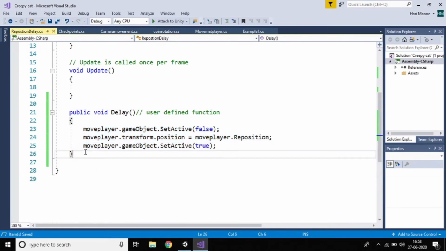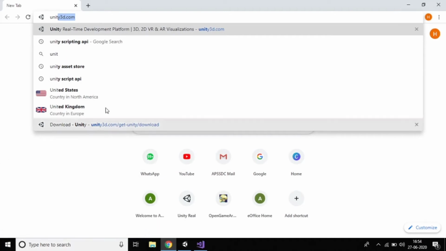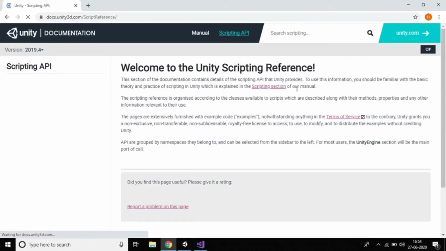So I don't want to do that. I want to access only some of the code which is written. Already we have a predefined method or function. Just go to the Unity Script API, where you can find a lot of things. Just search for enumerator. It has predefined functions. Enumerator has two methods, that is start coroutine and stop coroutine. Just find enumerator, and you'll get that.